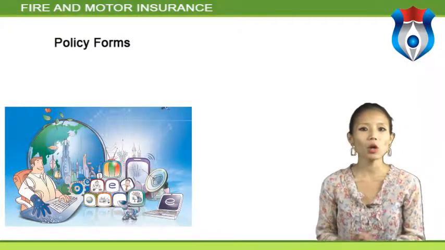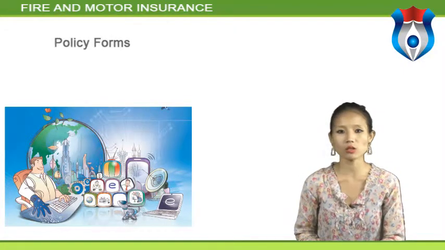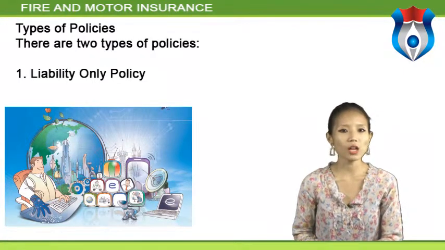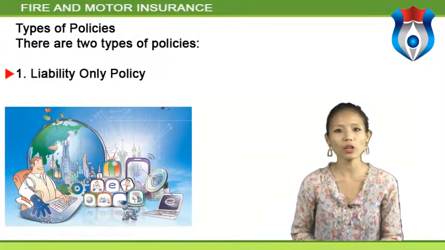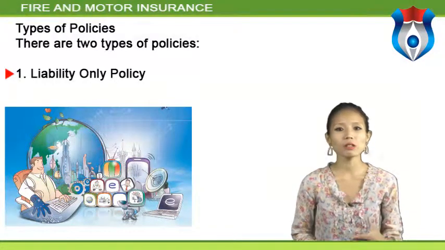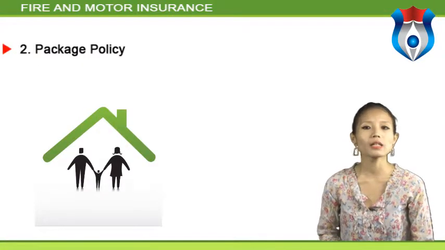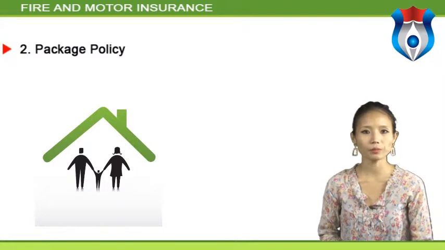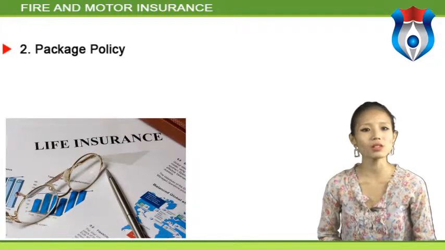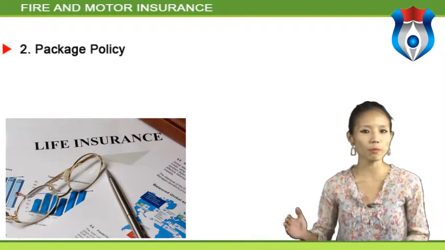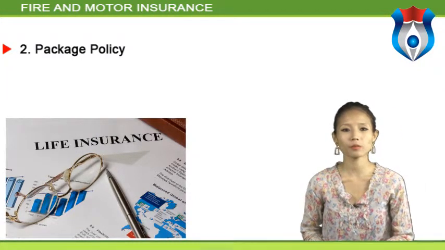Policy forms. Policies insuring motor vehicles are to be issued only as per the standard form given in Section 6 of the Indian Motor Tariff. Types of policies. There are two types of policies. Liability only policy. This covers third-party liability for bodily injury or death and property damage. Personal accident cover for owner-driver is also included. Package policy. This covers loss or damage to the vehicle insured. Restricting the scope of cover under Section 1 of the package policy without any reduction in tariff rates is permitted. Excepting this, no alteration or extension of any of the covers, terms, conditions, exclusions, etc.